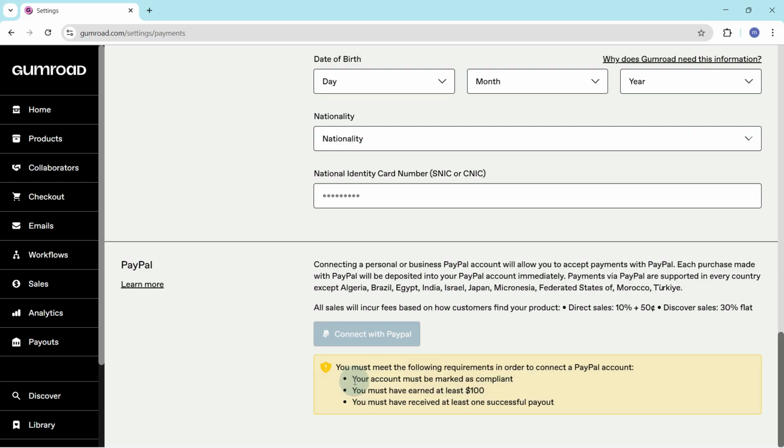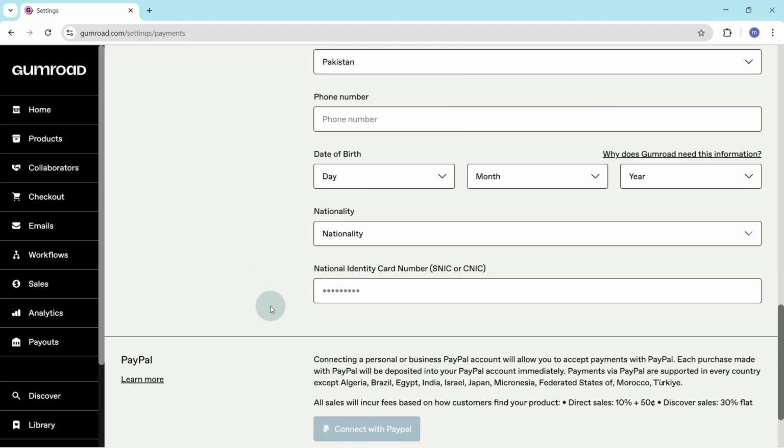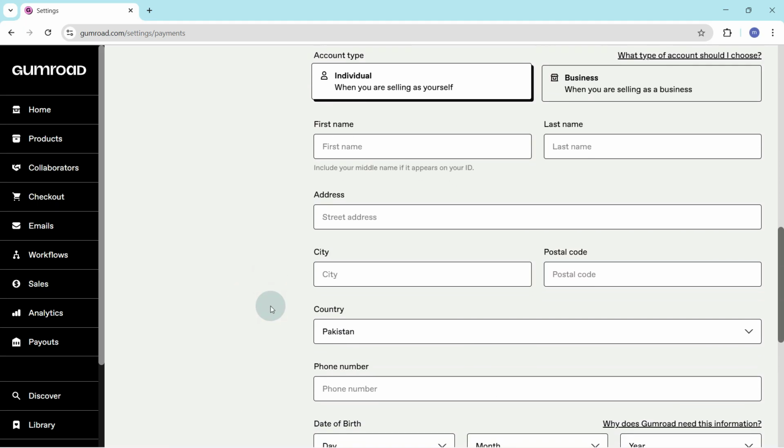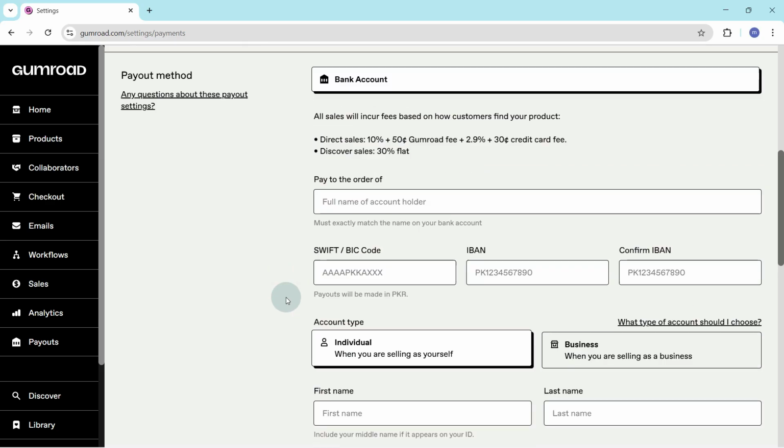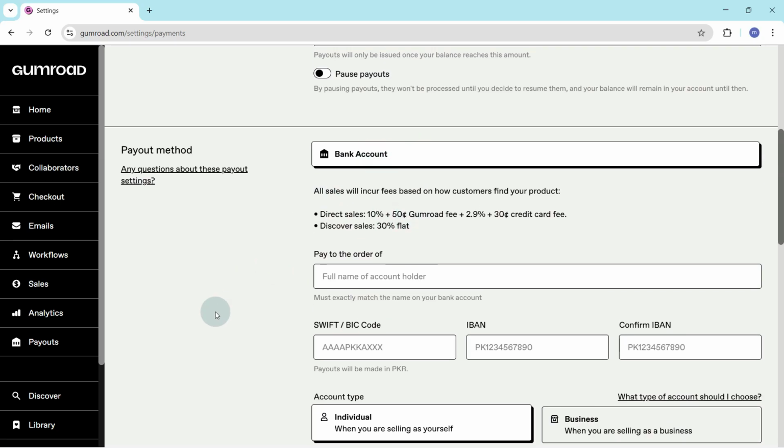Your account must be marked as compliant, you need to have earned at least $100, and you must have received at least one successful payout. Since your first payout can only be made through a bank account, you'll need to add your bank information first. Once you've earned a minimum of $10 and received that first payout, you'll be eligible to link your PayPal account